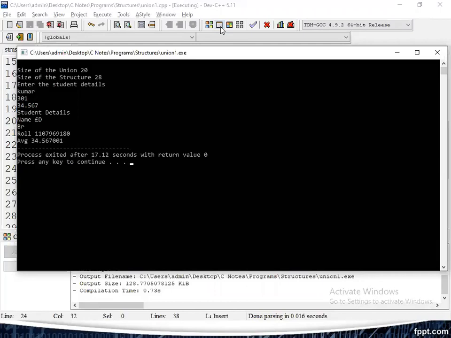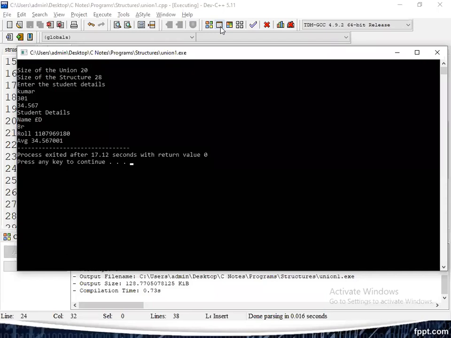Kumar is the given name, and here the name printed is some different symbols along with a D, which is a wrong output. Next, roll number: 301 is the given information, but the output is different. Average 34.567, the output is the same. So this is not the proper way to access the information from the union.